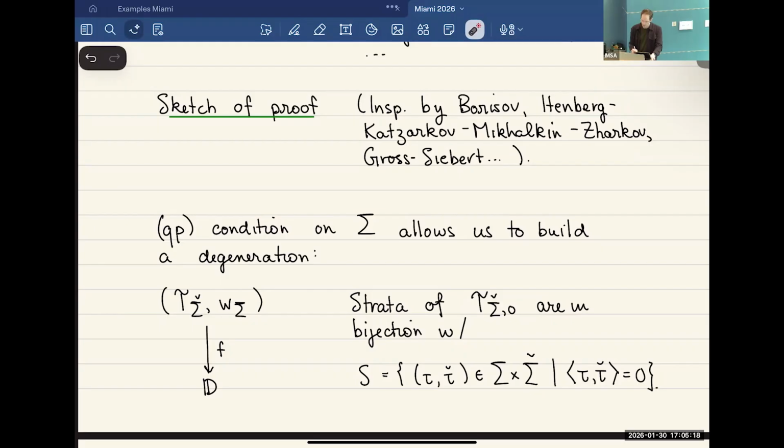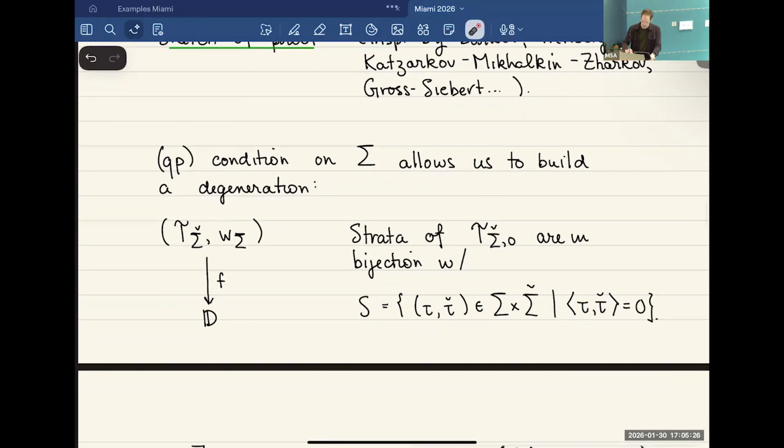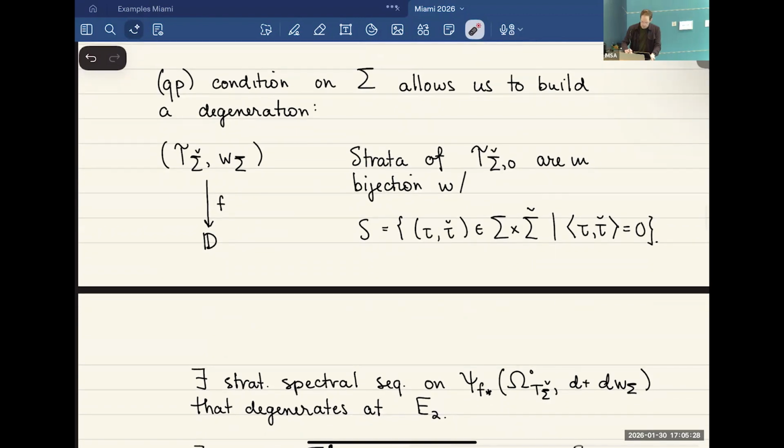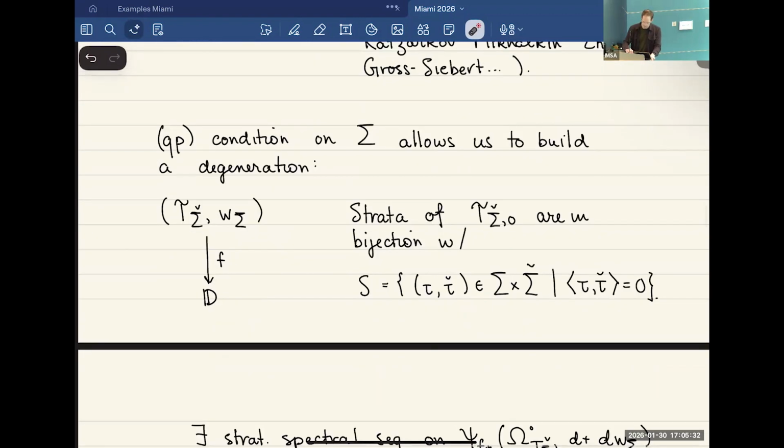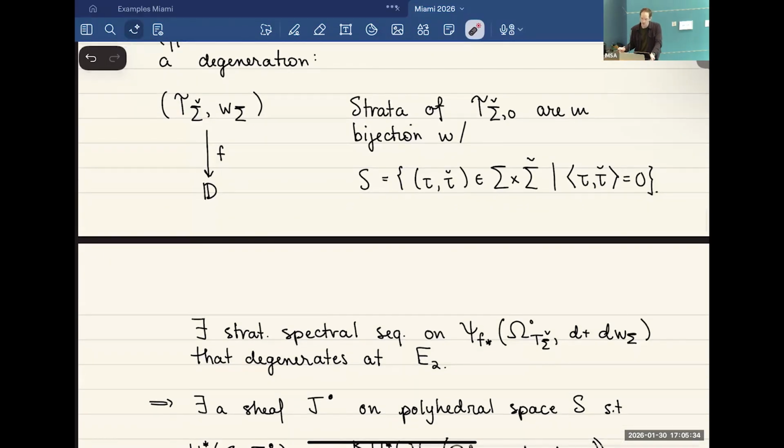So it's pairs of cones living in sigma and sigma check so that they pair to give 0. So we have objects here. Okay, so we have these fibers, and then we have a stratification spectral sequence on the nearby cycles sheaf of this twisted cohomology. What we do is we prove that the corresponding spectral sequence degenerates at the